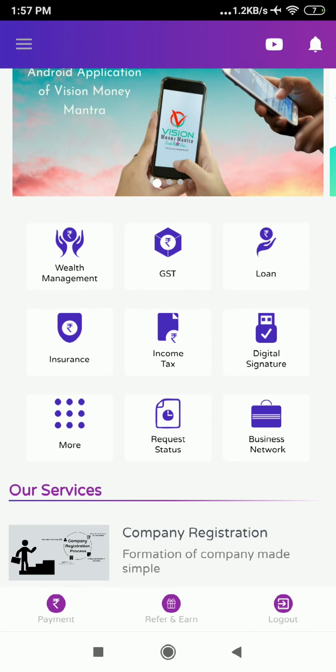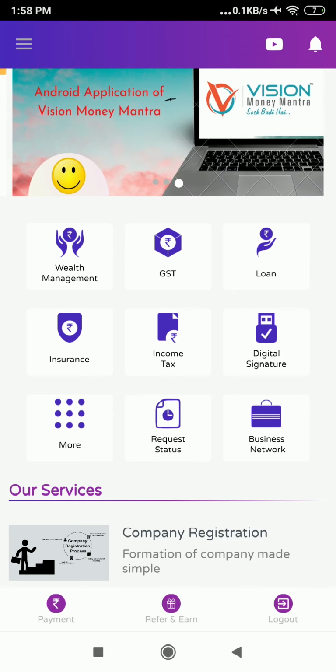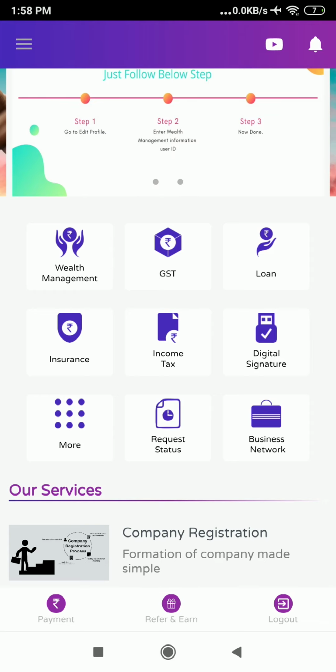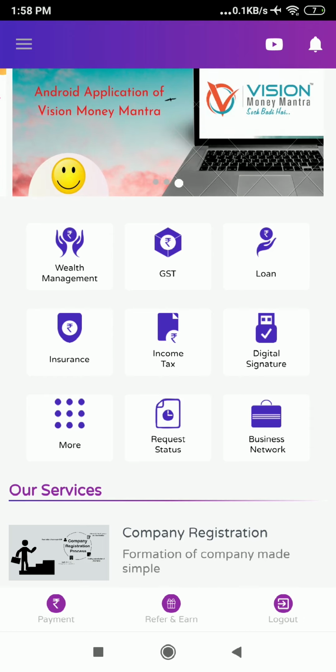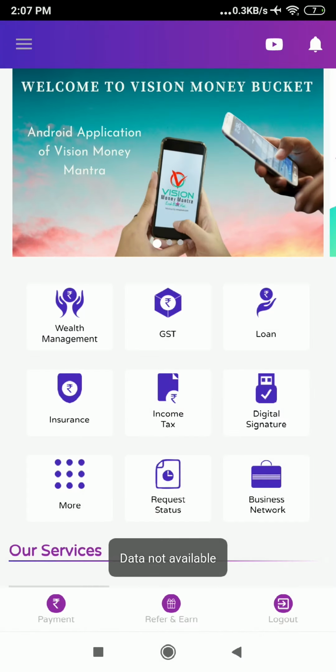Also, we at Vision Group have launched a very unique proposal of Vision Business Network, where the idea is to grow the businesses of our clients using the network of our clients. Separate information about Vision Business Network will be provided to you all. Using the payment option, you can make payment of fees. Using the refer and earn button,